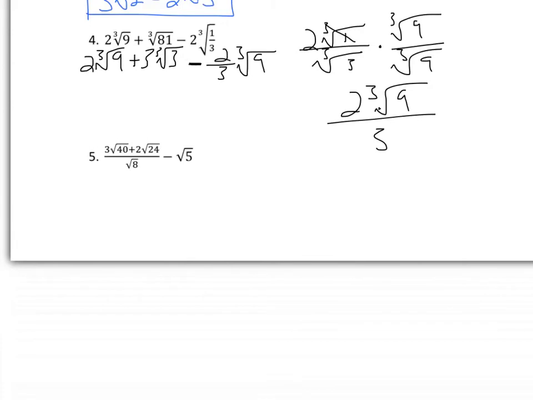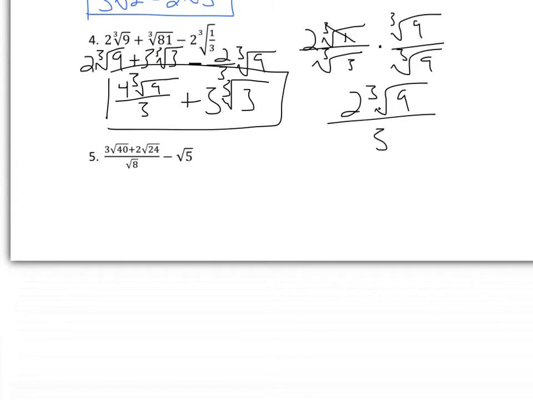Now we can try to combine anything that is like, right? We've got all the same indexes, two different types of radicands. We can combine the 9s, the 3 just stays the same. 2 minus 2/3. So what we need to do first, that's going to be 4/3. So 4 cube root of 9, or 3, plus 3 cube root of 3. That's the final. And this last one, number 5, okay, to work with this one, you have to break down